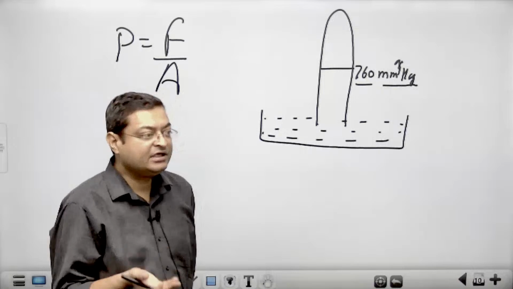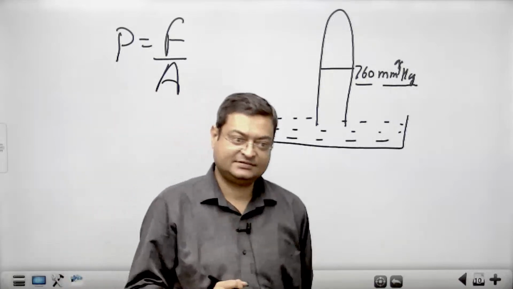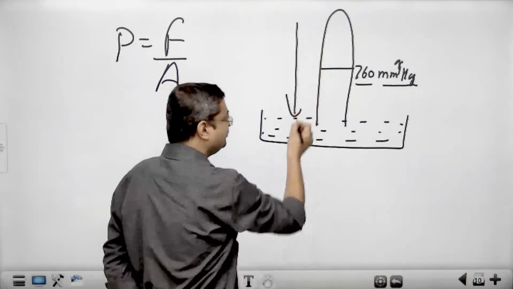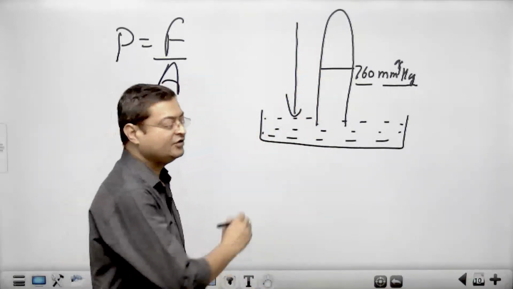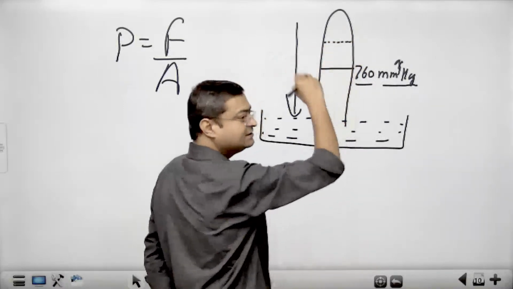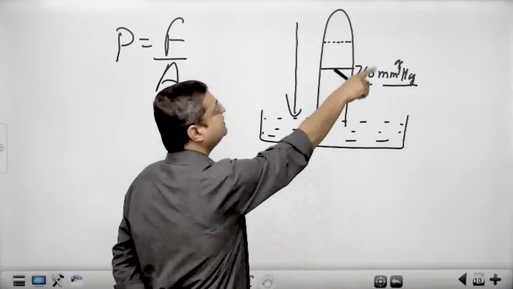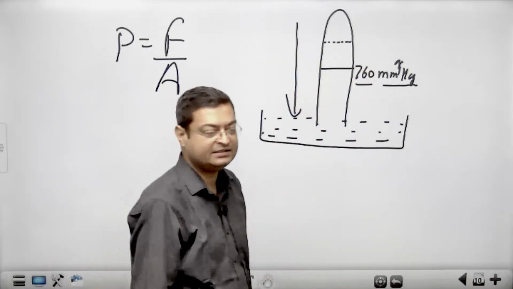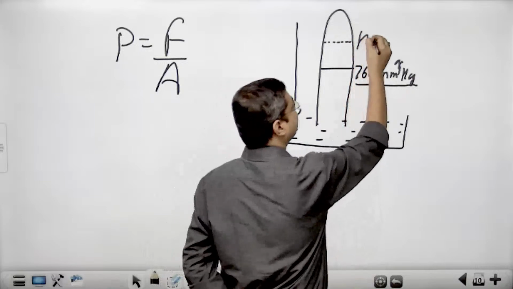Suppose air becomes denser. It is going to put a pressure over this mercury, so the mercury column is going to rise if it is above 760 millimeter of Hg. Hg is your mercury. It is your high pressure.